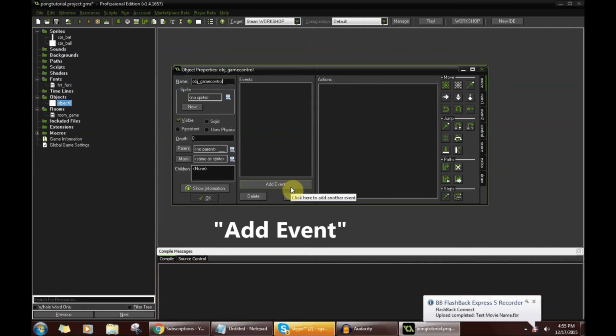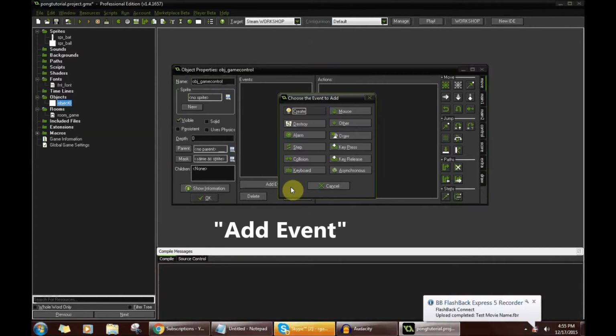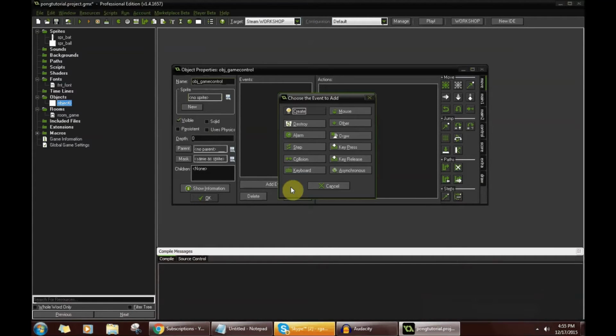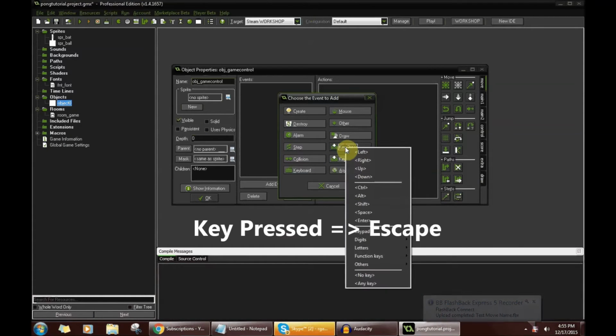I'm going to click down here for add event. And events are conditions under which scripts are executed. So scripts are what happen in the game, and an event is a condition under which that happens. If you want something to always be checking if it's going to happen, you would put that in step, which is to say every frame of the game it will check. But for right now, all that we're going to do is for key press,